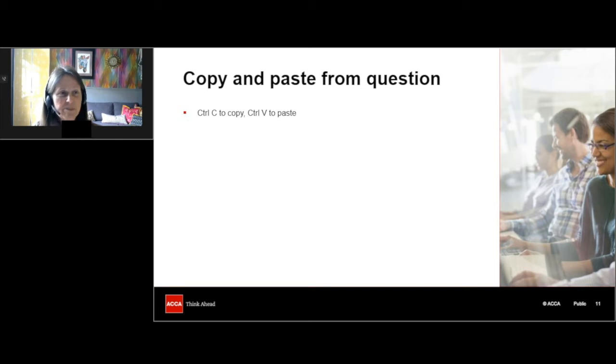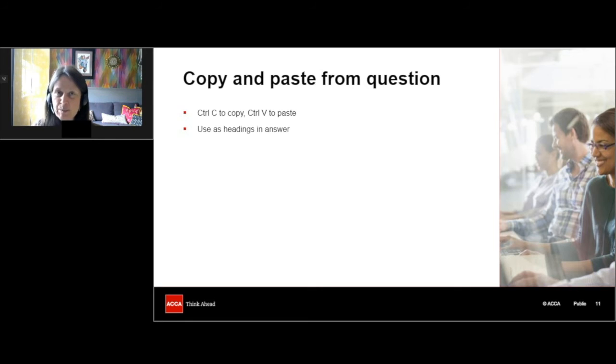So you find what works best for you. And this is going to be particularly useful to use as headings in your answer. When I go through a question from the March-June 2022 exam, I will demonstrate how to do this, but you can copy from the requirement, and that will keep you really focused. Make sure that you use that as headings and give you structure to your answer. Saves you writing it out as well if you're rubbish at typing like me. But copying and pasting from the question into your answer is a really, really useful thing to do.